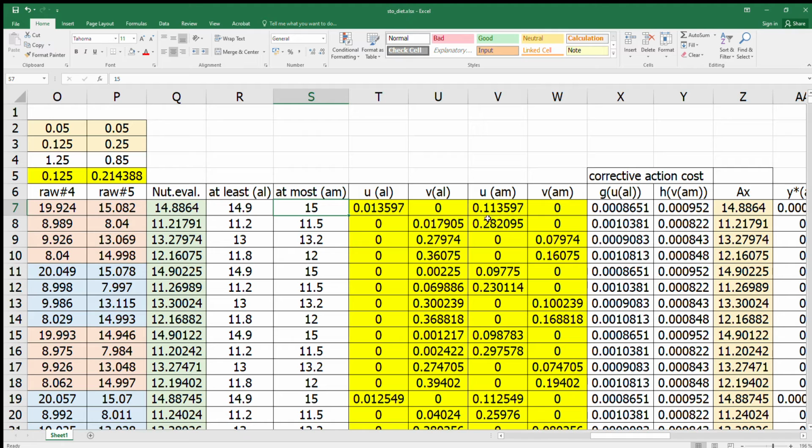But UAM and VAL, you can see that there's no additional cost in this moment, because you need an additional cost when what? When your nutrient evaluation is in a scenario that violates the at least constraint, and also the U value, UAL value, and another one happens down here. In the third nutrient tree,